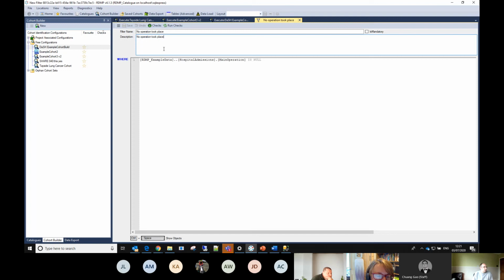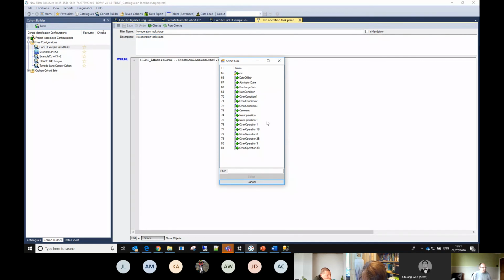Of course, you can add in more stuff. There's also this is mandatory box. What that does is it will always add that filter. If you make it mandatory, it always adds the filter when you add the catalog to your criteria. So we probably don't want to do that in this case, but you might have things like, maybe you're aware that you've got records with no CHI number, so you might want to add where CHI is not null as a mandatory filter.